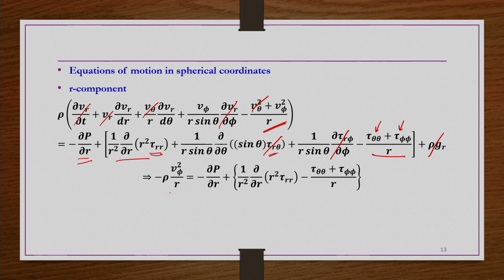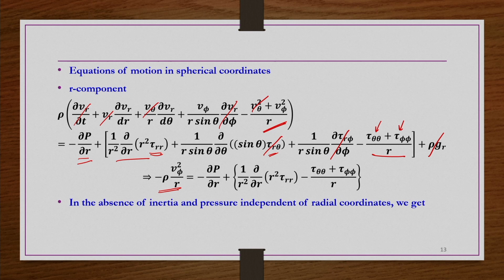Now in the case of inertia, in such cone and plate geometries, usually rotational speeds are not so high that you need to worry about the inertial forces, etc. However, if there is higher speed, then all these terms should be included. So let us say we have the case where the inertial terms and the pressure terms are independent of the radial coordinate, then we can have this final equation. Okay. So this is the equation we can use in order to get information about the normal stress differences.